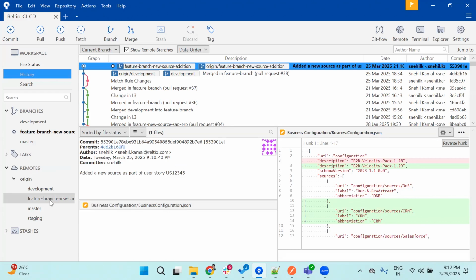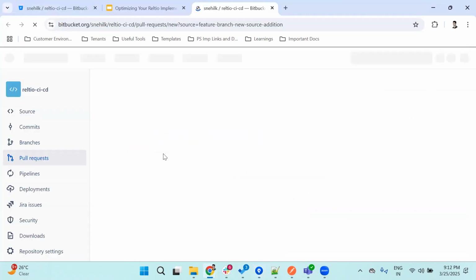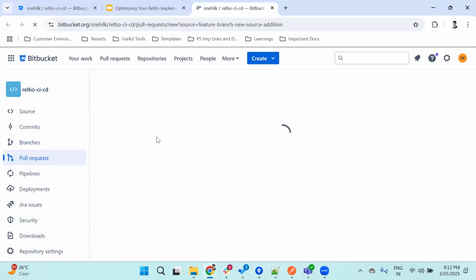Now, the next step, as per the life cycle that I demonstrated, is to create a pull request to push this remote branch to the development branch. I can do that from here too, right? So I have to right click, create a pull request. This will take me to the Bitbucket UI,